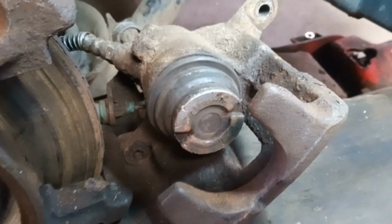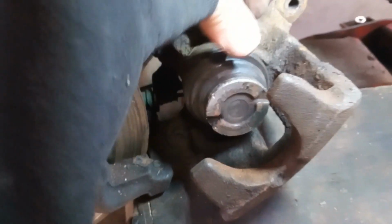Right, caliper's off. Here we go. So that's what it looks like. First thing to do, make sure